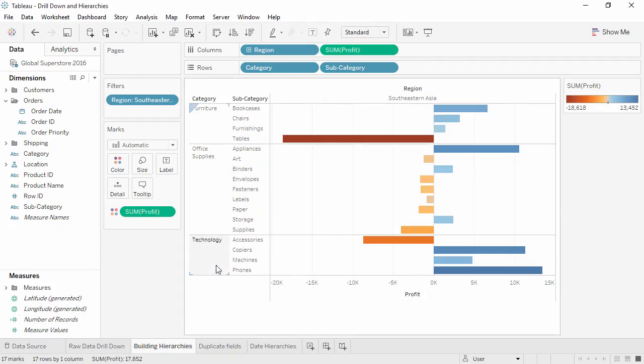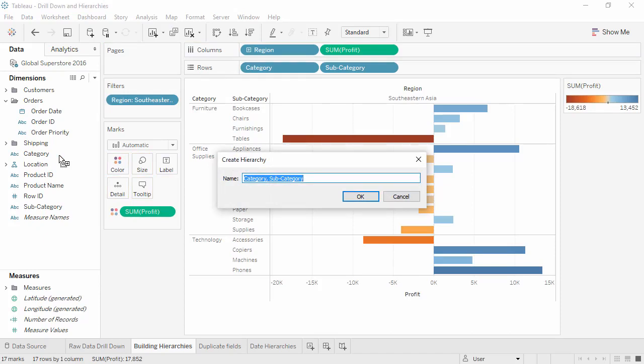Here we see there's already a clear relationship between category and subcategory. In the data pane, to build a hierarchy, all we have to do is select whatever field we want as the next level down, subcategory, and drag it on top of the first level field, category. We'll name this products,